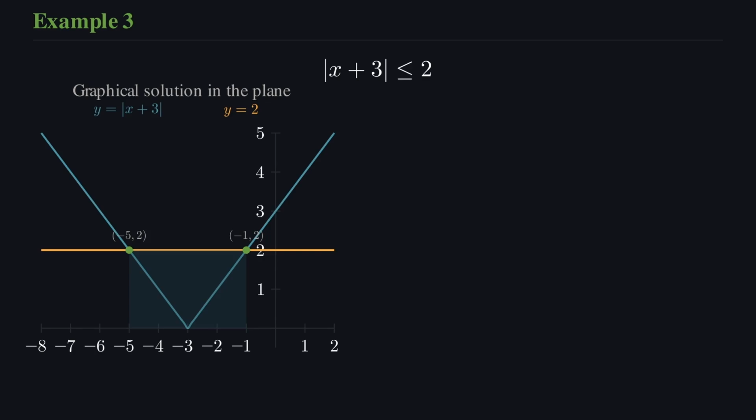Between these x values, the v graph lies below or exactly on the line y equals 2. So the shaded region in the plane sits between these two intersection points. Reading off the x values, this corresponds to negative 5 less than or equal to x less than or equal to negative 1. Now, algebraically, absolute value of x plus 3 less than or equal to 2 gives the compound